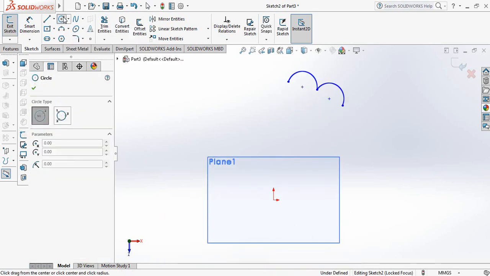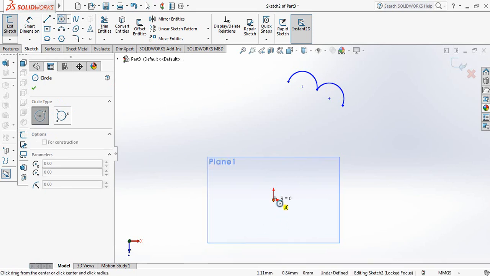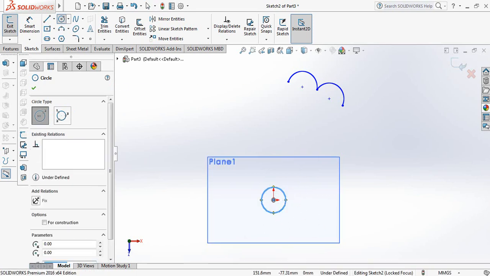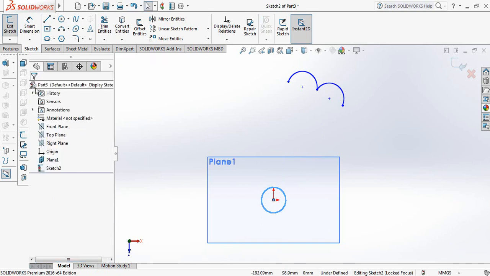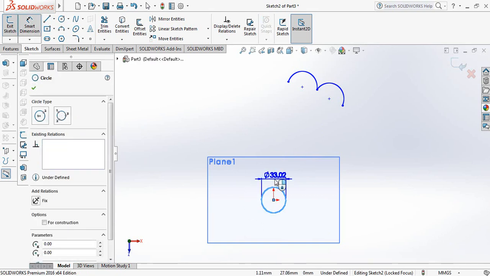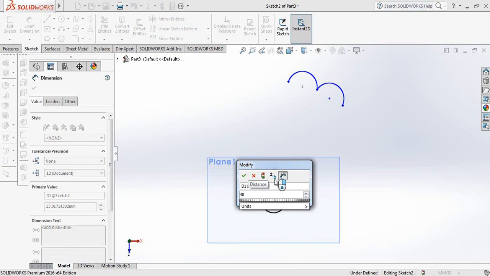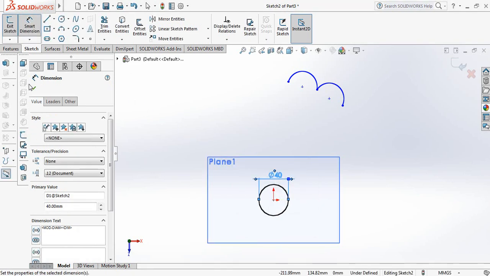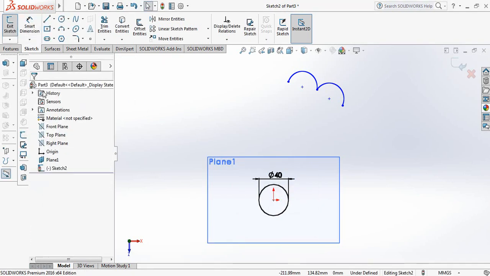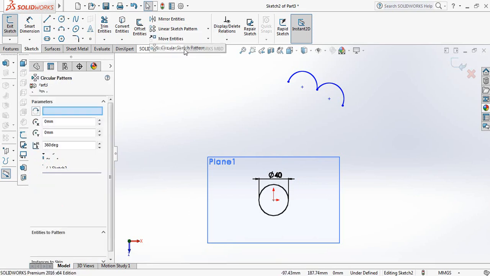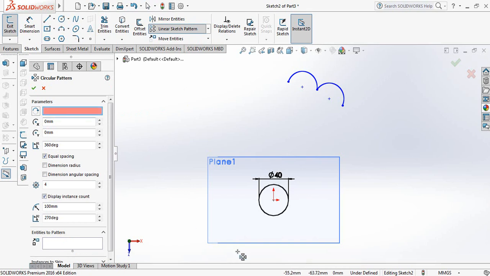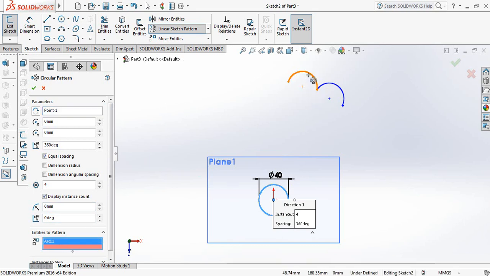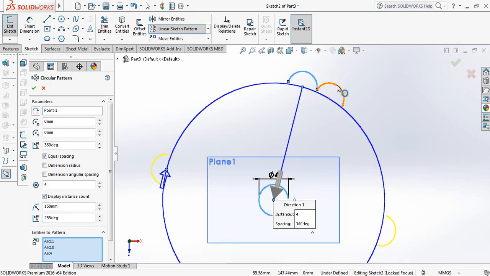Again select circle, and from the center draw a circle. Okay, smart dimension and take this 140 as well. Okay, now again select circular sketch pattern, and for this one select this circle, and for entities to pattern select this arc and also this arc,